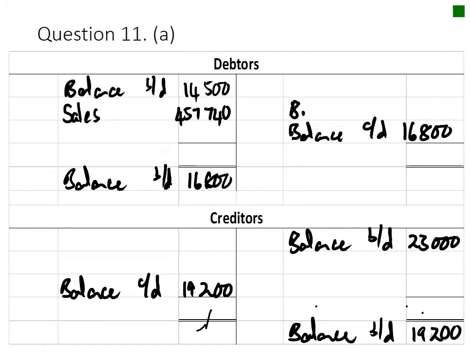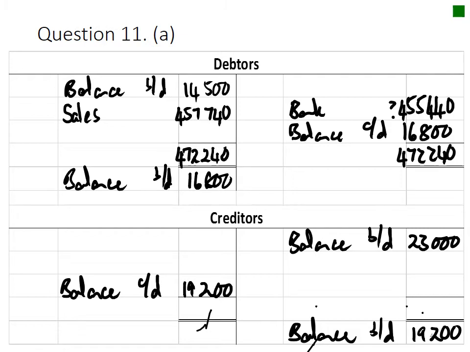Then on the credit side of the debtors account, we will show the payments that we receive from the debtors for sales. If we add up these two debit amounts, the opening balance plus the credit sales for the year, carry that across to the other side, and then subtract the closing balance,